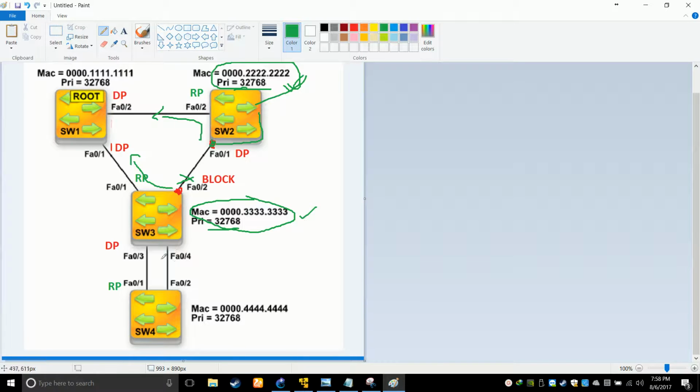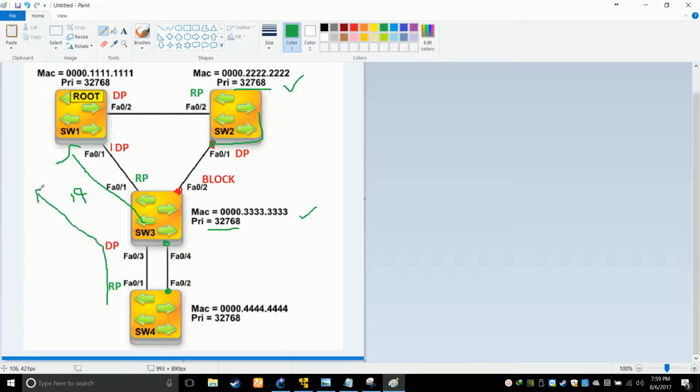Okay, so we have to do something similar on this link as well. What is the cost to reach the king from this port? The cost to reach the king from this port is 19, simply because it will send the data like this. I told you, whenever you want to calculate the cost, you have to look at the cost from RP only. So for this port, meaning this switch, if you have to send the data, the cost will be 19. Imagine it like this. And if you are sitting on this port, this is the RP, so the cost is 19 plus 19, 38.